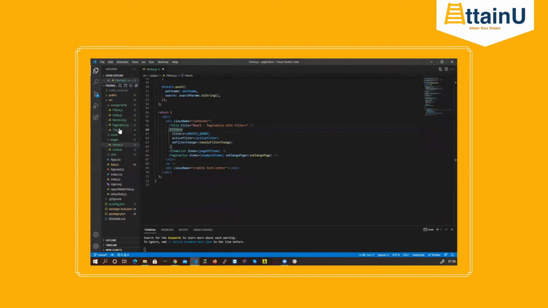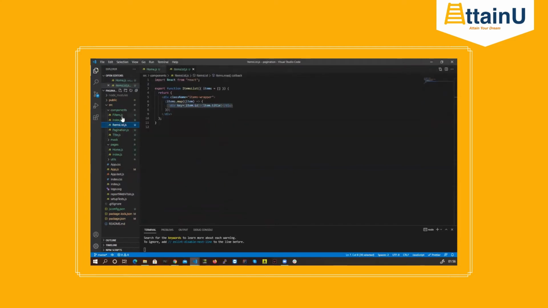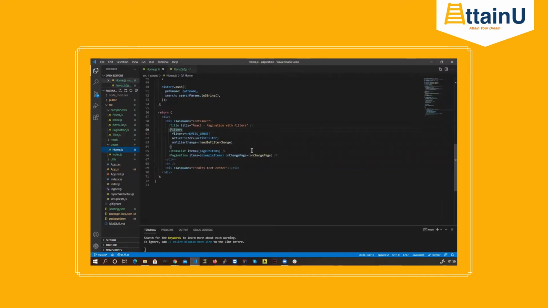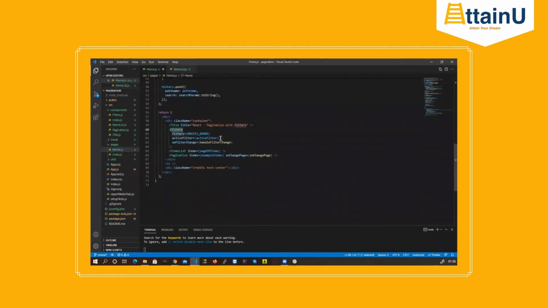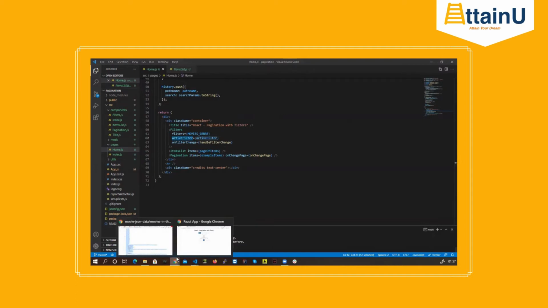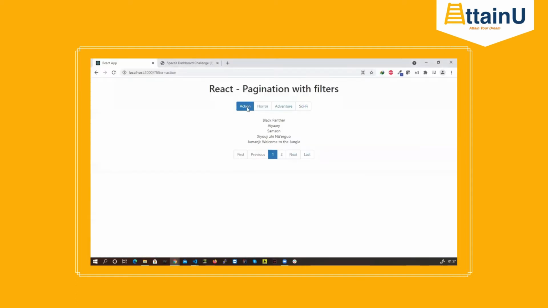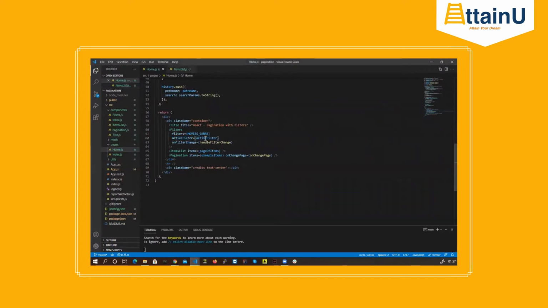Then what else is left? Title gone, item list, yes. So the only thing left here is filters. Okay, so let's come back here to home first. So you can see into filters, we are passing these 3 props, right? We have filters. Okay, what all filter options the user will have. Then active filter. Okay, why am I passing this active filter? Because whichever filter is active, I want to add some classes and basically let the user know which filter is active. Okay, so that's active filter.